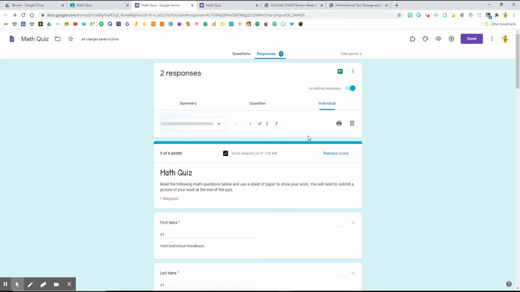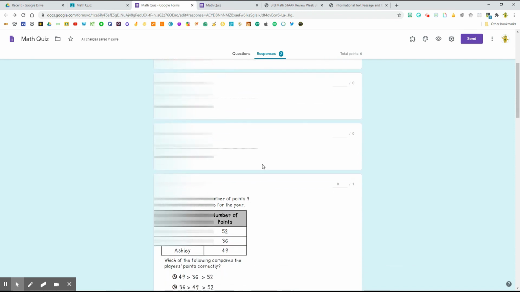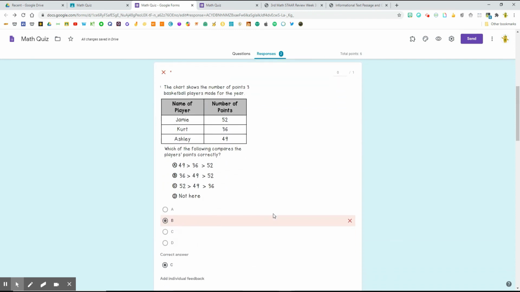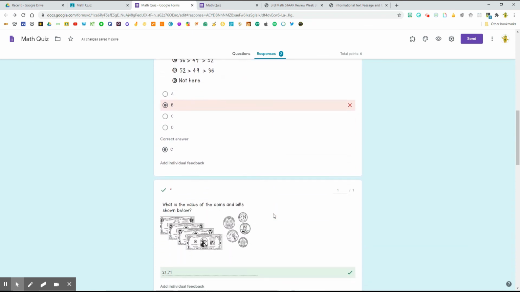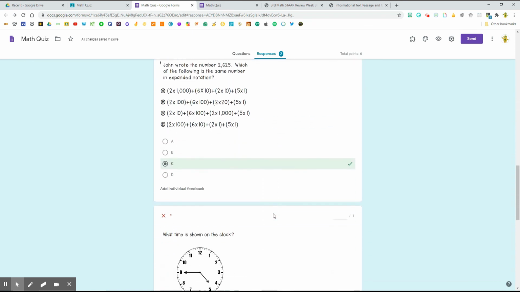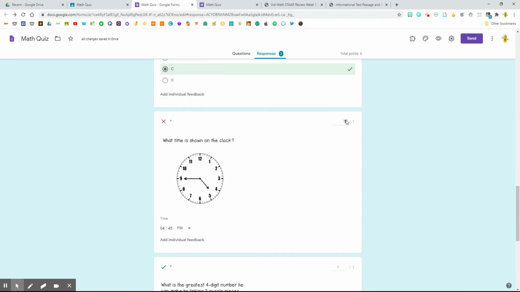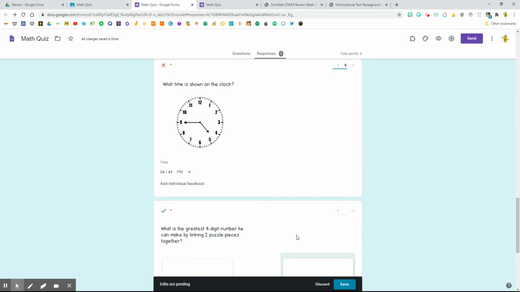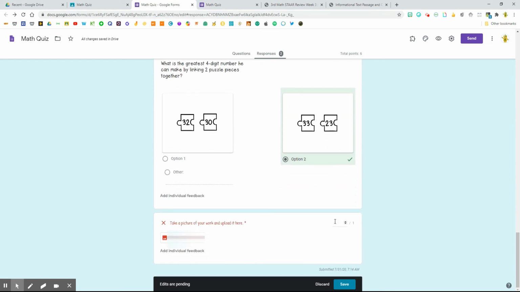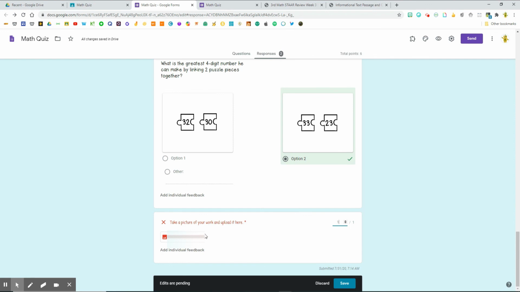If I wanted to check the student quizzes by individual, I could drop down this menu and see the students that have already submitted their answers. I could then click on a student and go through their quiz, and I can see which ones they got wrong, and I can also manually grade those questions, like the time question, and I can give the student 1 point for answering correct, and also for turning in their work, I can give them 1 point for submitting the image of the work that they did. I will then click save,